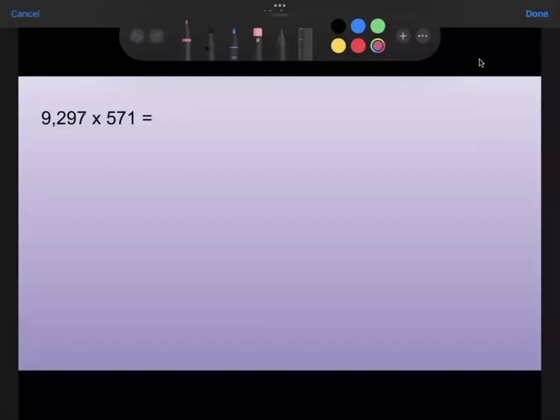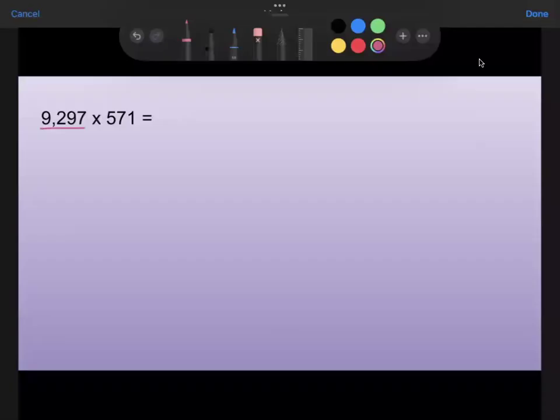Okay, here is our last one for today's video. We're going to go up and challenge ourselves a little bit to take a 4-digit number times a 3-digit number. So if you were going to do the box or area model for this, or maybe a partial product, you'd want to start by splitting up that